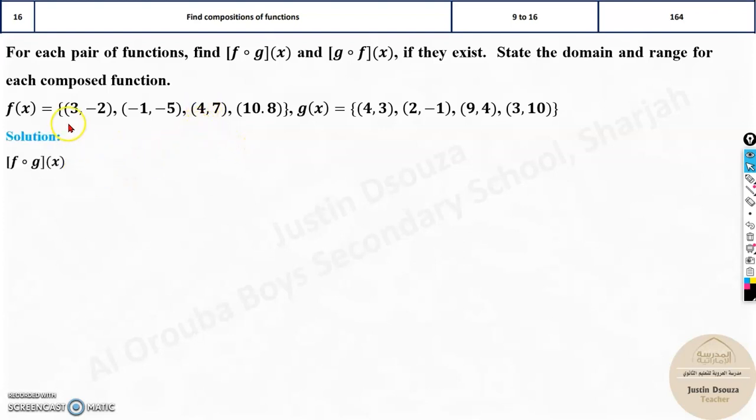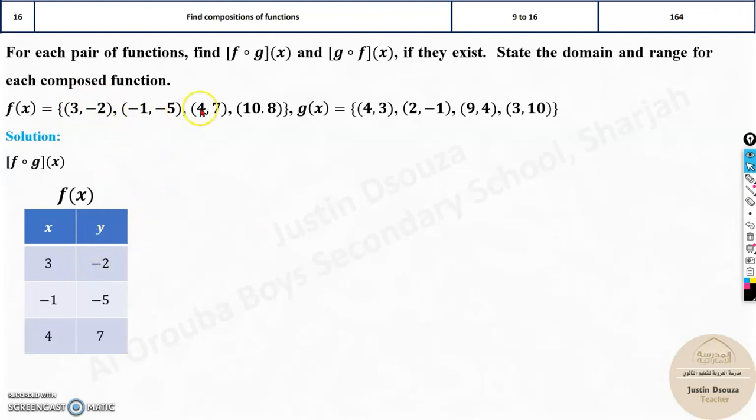Say the coordinates are given in a table. Your first job is to see which you're finding. First, we will find f of g of x. We are composing the function g of x inside f of x. So write these coordinates in table form. Make x and y values. The first is x, this is y. Write them: 3, minus 2; minus 1, minus 5; 4, 7; and 10, 8. I apologize for the full stop, it's a comma. And now you have got the first table